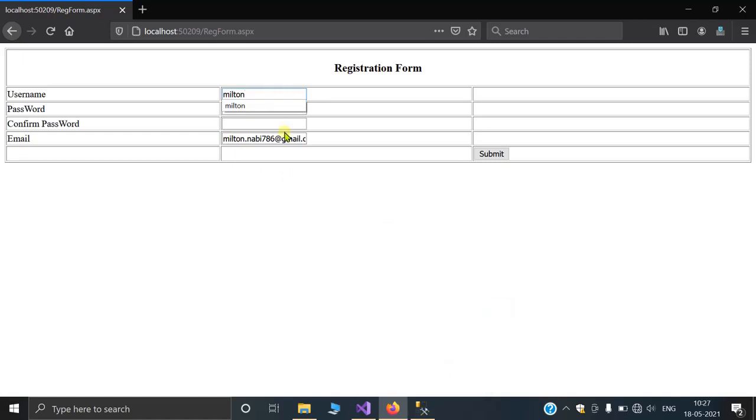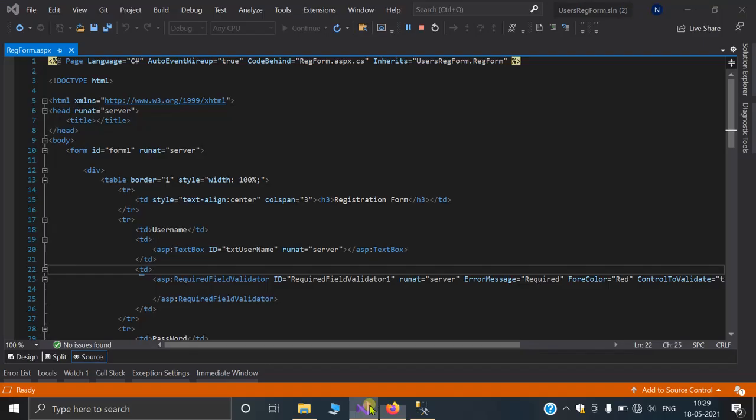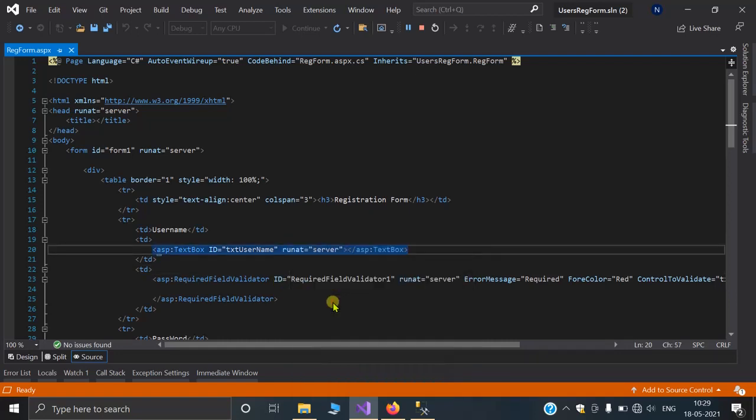So go to the code behind of the registration form and add an event handler to execute the stored procedure. The event handler will be raised when the submit button is clicked. Let's see how to write the event handler code in the submit button to save registered data into the database table.